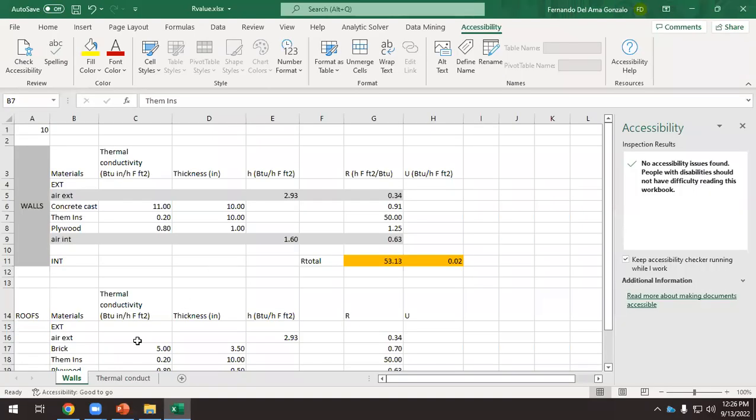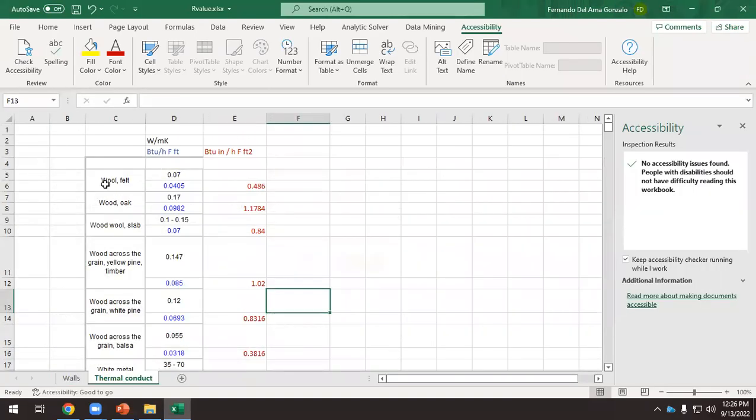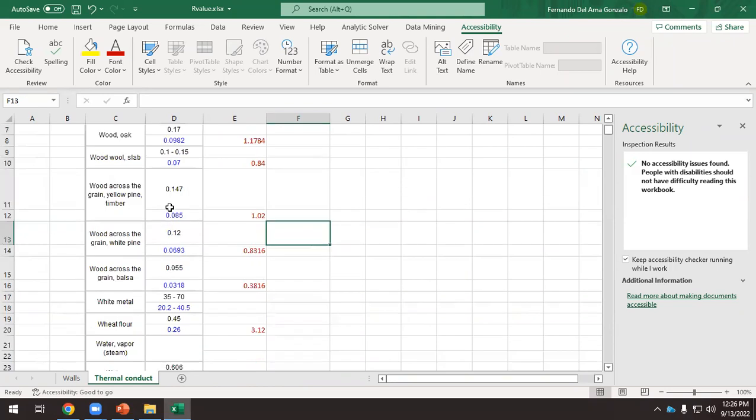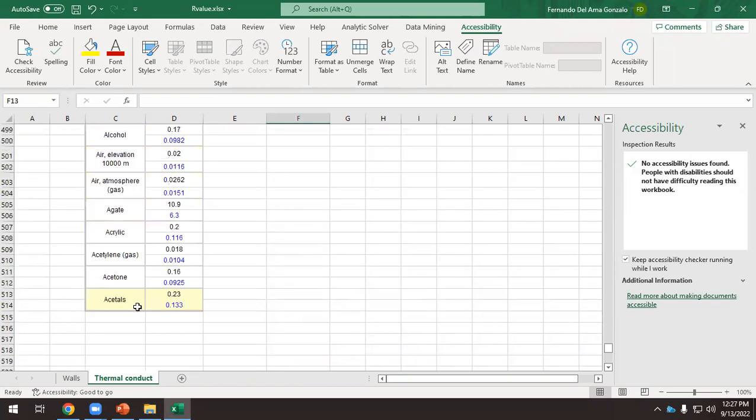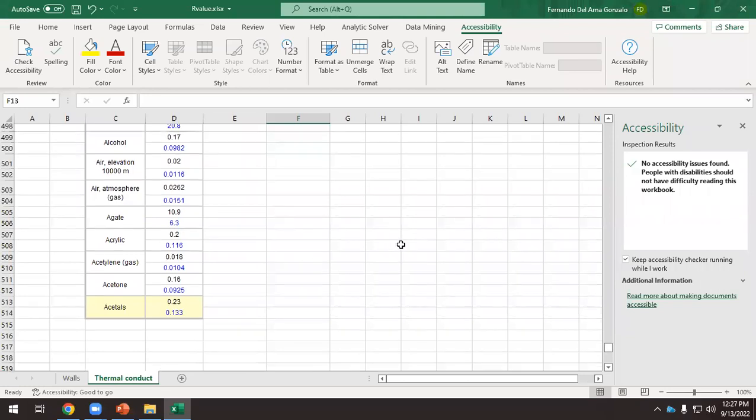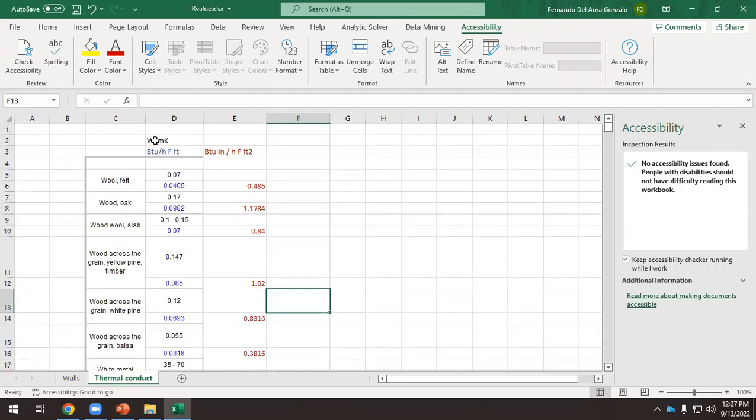By the way, what happens? Well, I don't know why, but it has ordered all these the other way around. You have wool the first and acetals the last. I mean, do you have this order? It's upside down, so it starts with the W and ends with A, or is the other way around? No, mine starts with A. Okay, I don't know what I did, but we can always, if I click here